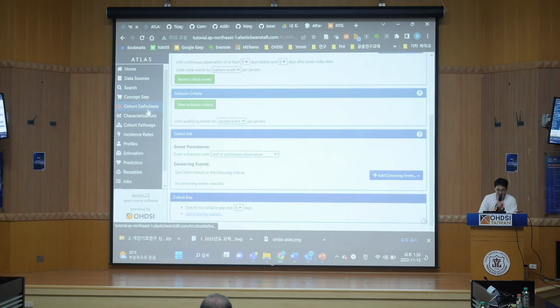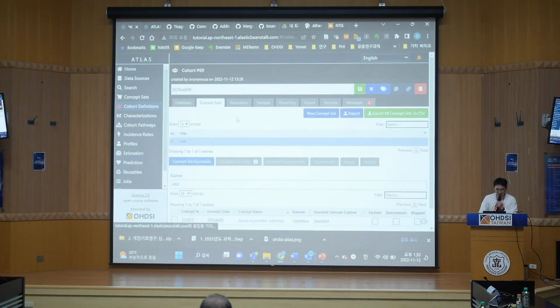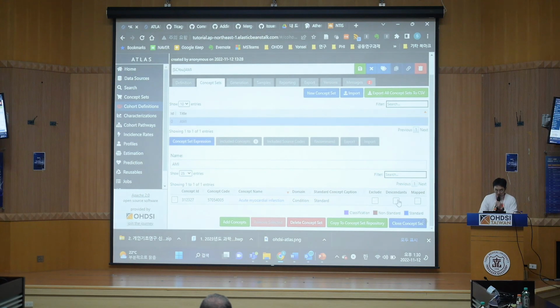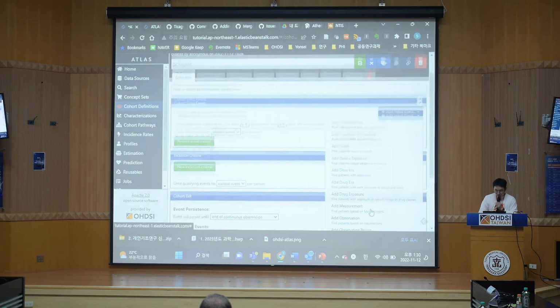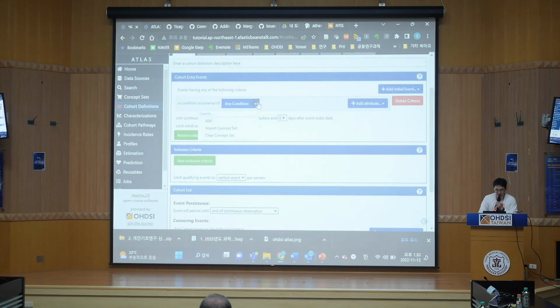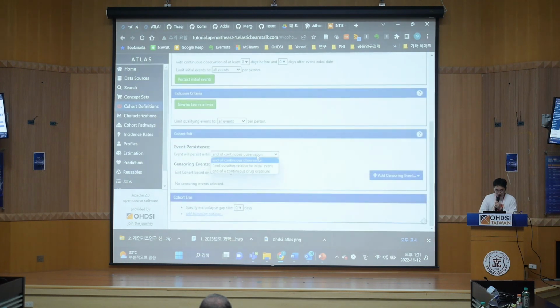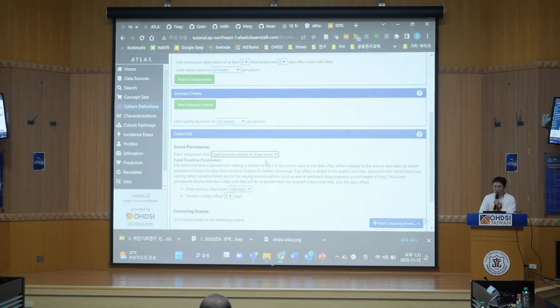And I need to return to the cohort I'm working on, and I can see that I have acute myocardial infarction here. All you need to do is add initial events as the condition occurrence of myocardial infarction. You can specify that it can be all events. Whenever the patients have acute myocardial infarction, the patient will be included in this cohort. And I will define the cohort exit as a fixed duration relative to the initial event, which is acute myocardial infarction,